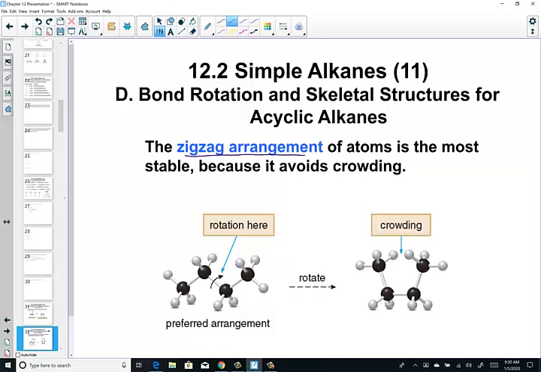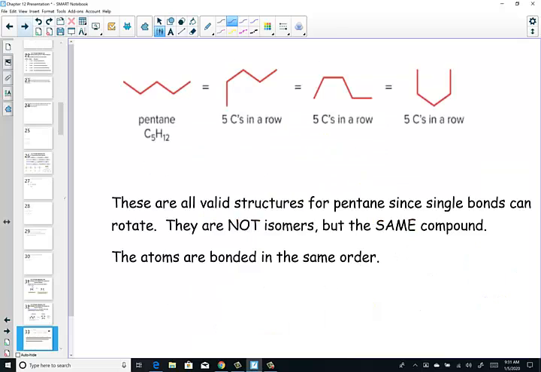So notice that when I take 1, 2, 3, 4 carbons, a butane, and place them in that zigzag fashion, I am maximizing bond angles. Whereas if I were to twist this bond between carbon 2 and carbon 3, forcing the ends to come up near together so that I end up with a structure pointing up at both ends, I have what is called steric hindrance. In other words, there's too much crowding between carbon 1 and carbon 4, and that is not the preferred rotation. So give the atoms as much space as you can